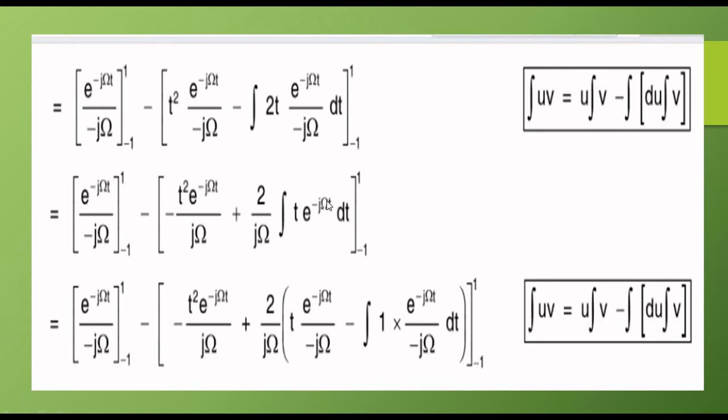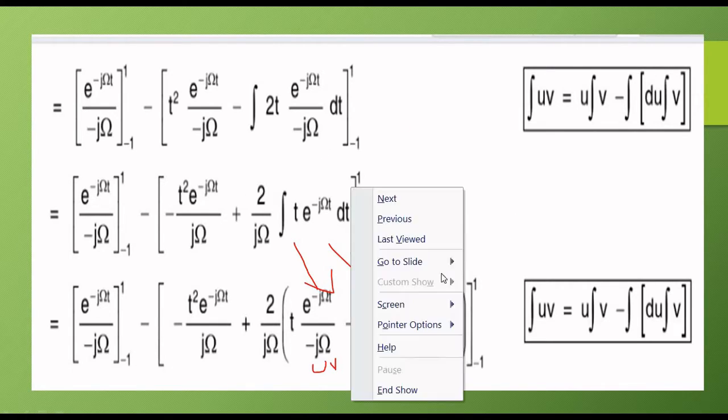Now in turn again we will have to apply the same integral of UV formula. So once you apply UV, you take your u as t and you take your dv as e power minus j omega t. So going on, you will be able to arrive at these two expressions. So here, as you can see, this particular integral will actually split up into